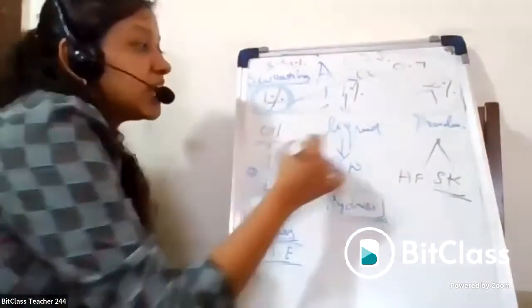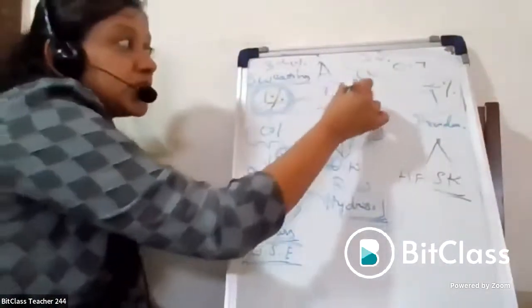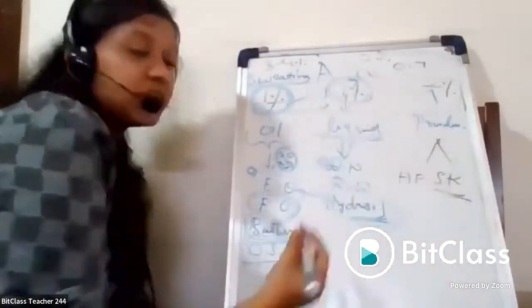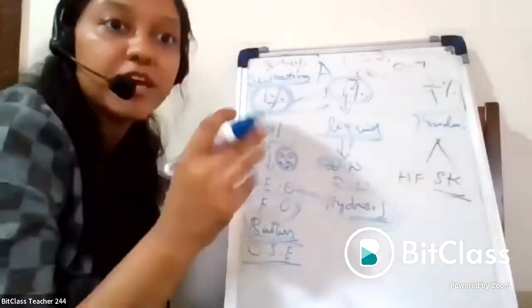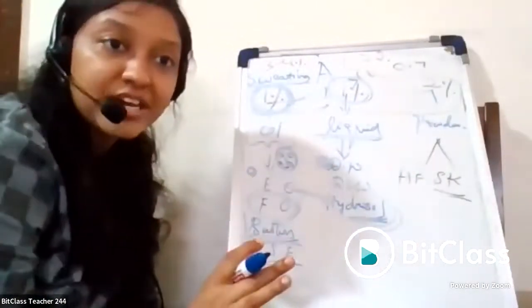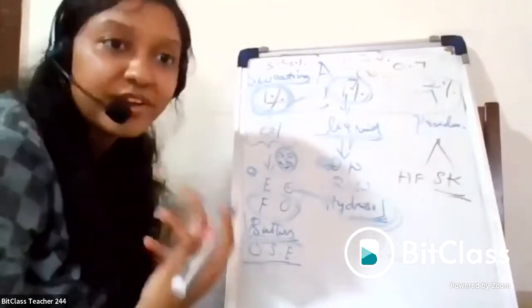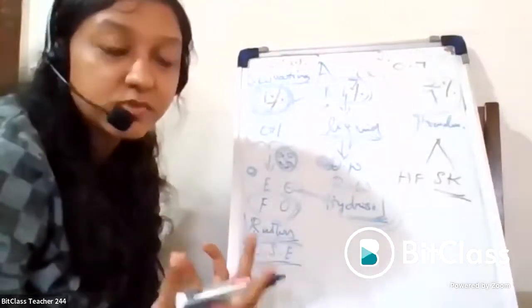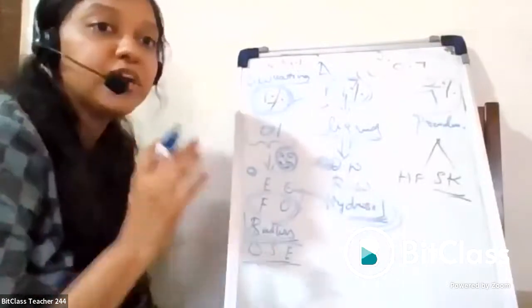Okay. Second one is liquids. So liquids, if it goes more than 1% in whatever you are making, a gravy, a food, in that you are putting excess of liquid, what will happen? The flavor will go, the fragrance will go, the benefit will go. Same thing will happen here.